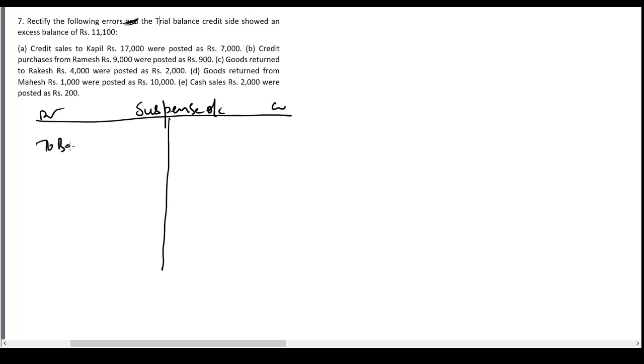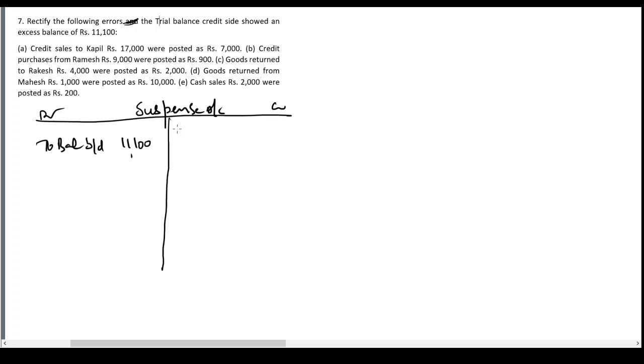If the credit side is showing a balance of 11,100 more than the debit side, then to make the trial balance tally we have to put this amount to the debit side of suspense account, and then we search for the reasons for the difference, and then we try to close the suspense account by rectifying the errors. So I'll open the suspense account. Because credit side was showing a balance of 11,100 more than the debit side, we have to put that amount on the debit side so that the trial balance will tally. So I'll write to balance brought down